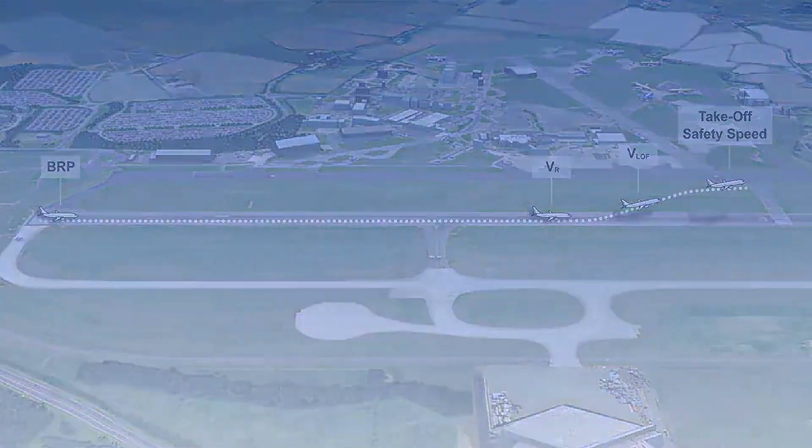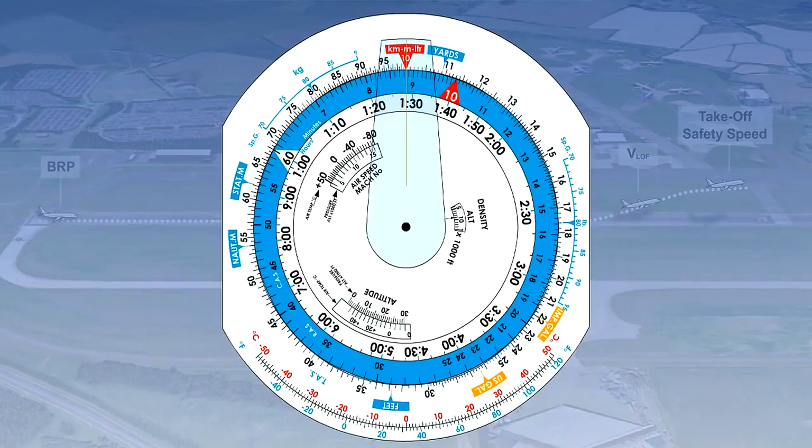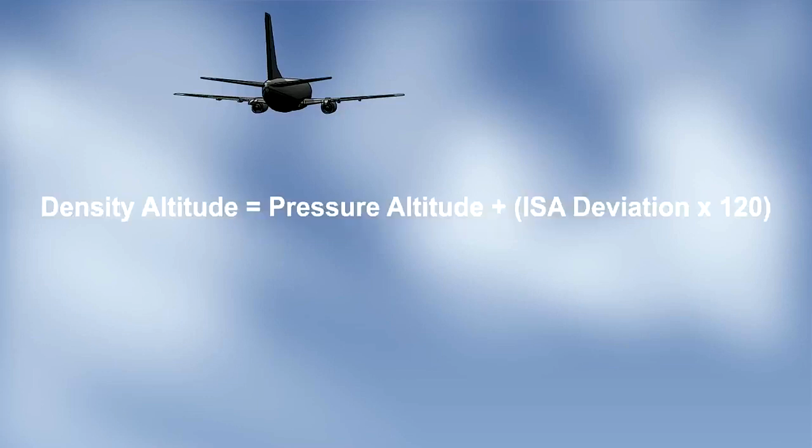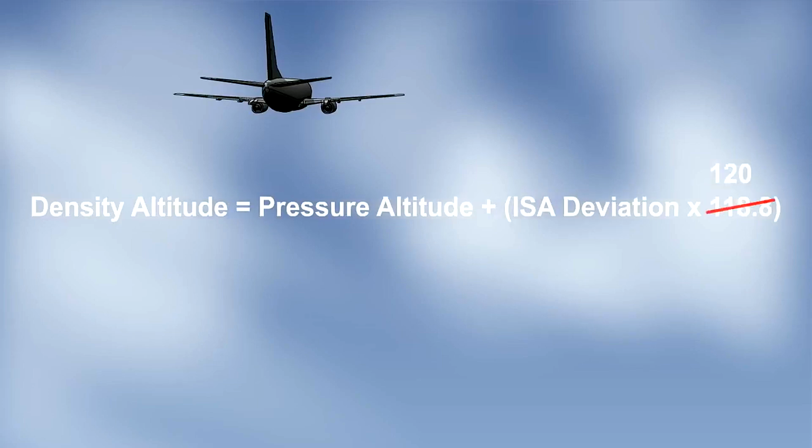Suppose that you are at Nairobi Airport and that the pressure altitude is 5,500 feet, which is also Nairobi's true elevation. We will assume a temperature at the airport of plus 35 degrees Celsius. Nairobi is on the equator. One way of finding the density altitude is by use of the navigation computer. We start with the airspeed window. Set 5,500 feet against plus 35.